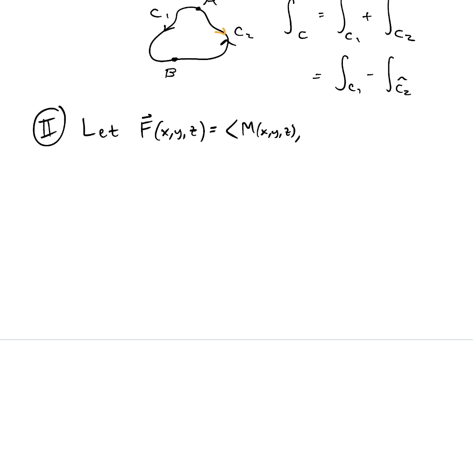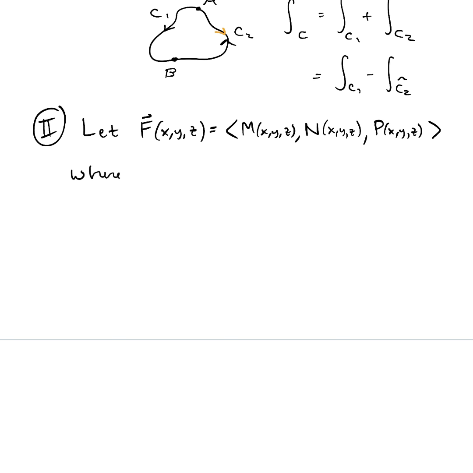We can name it big M. The second component of that vector also depends on x, y, and z. We can name it big N. And the last component also depends on x, y, and z. We can name it big P. So let that big F be given by the vector M, N, P,